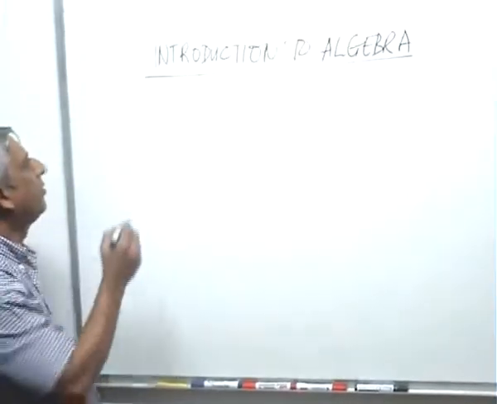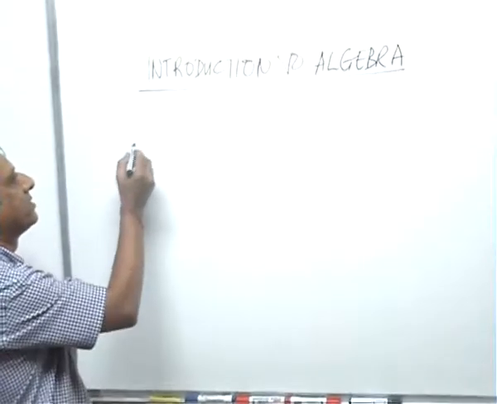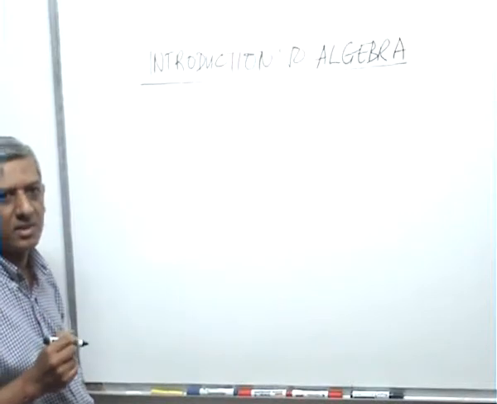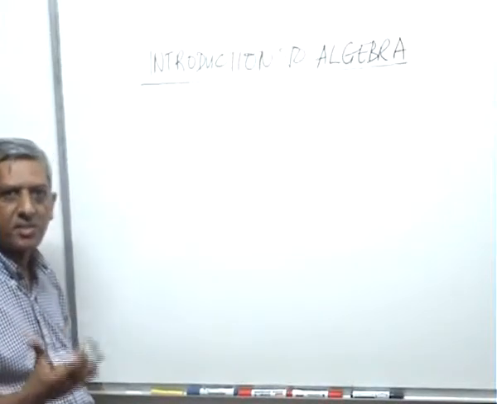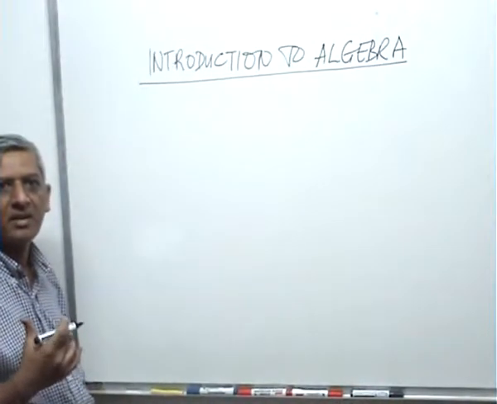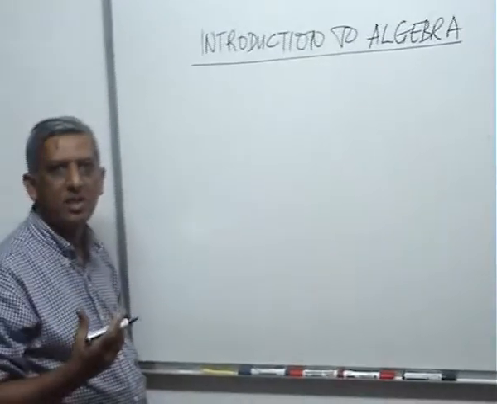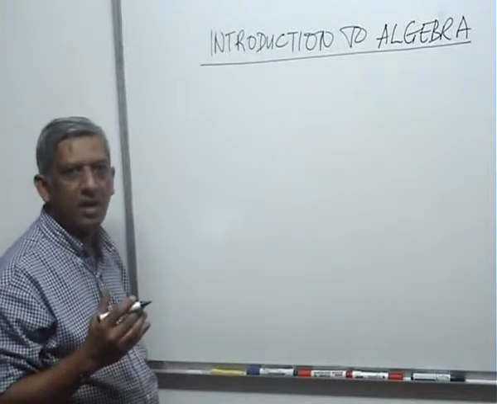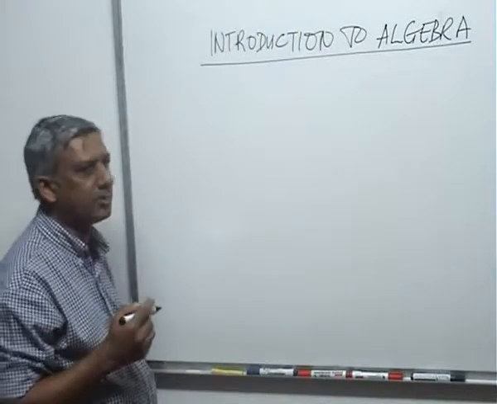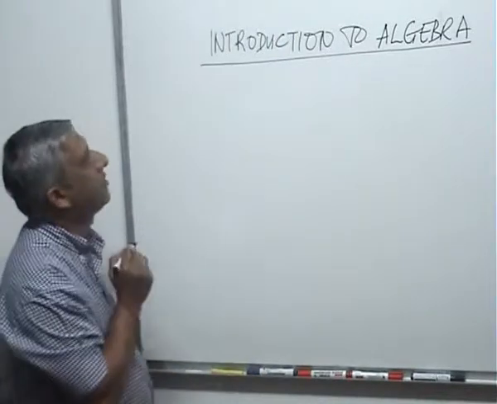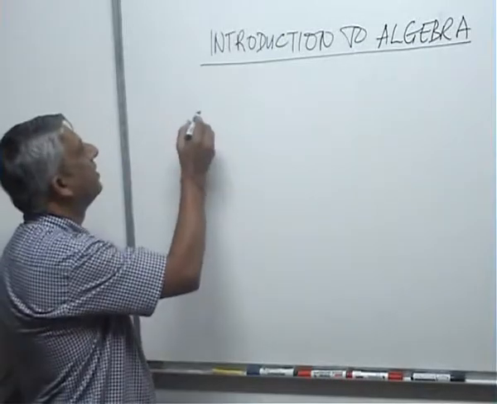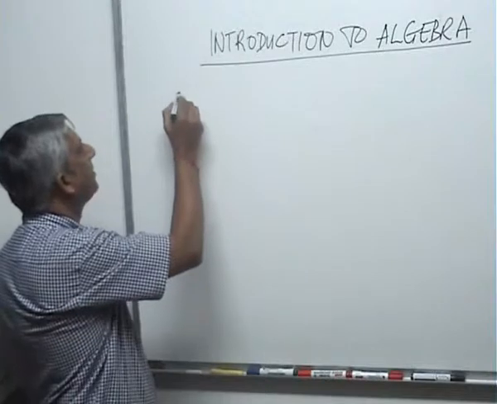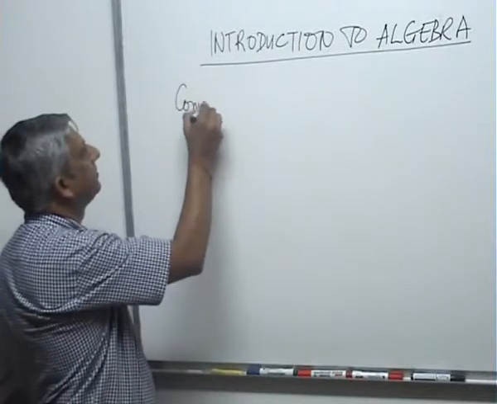Now what happens is, we are normally used to dealing with numbers, but in algebra we start dealing with letters. In other words, we have to add, subtract, multiply and divide, find square root, etc. of letters. So we have to understand how things work in algebra. So the first thing is, we have to understand the difference between the way numbers are treated and the way letters are treated. For example, consider